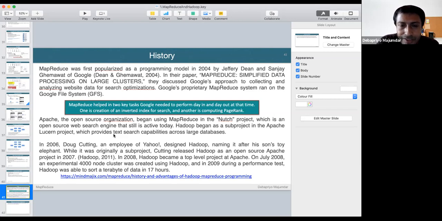So with huge amounts of data, at least these are two things, and there obviously were many other things for which MapReduce was invented. And of course, then other companies took it up and they created open source Hadoop and other things. All right. So any questions as of now?